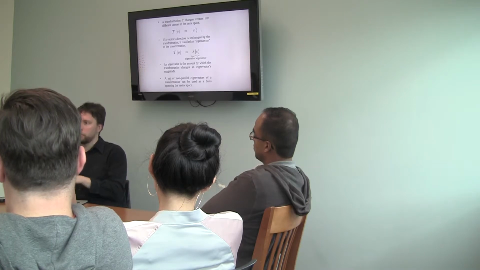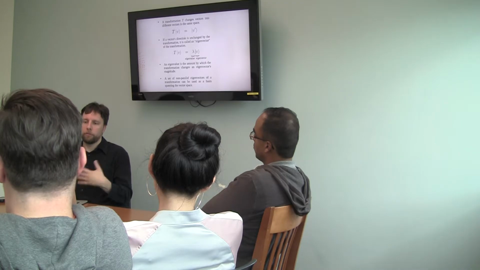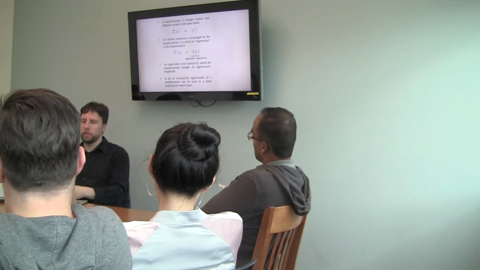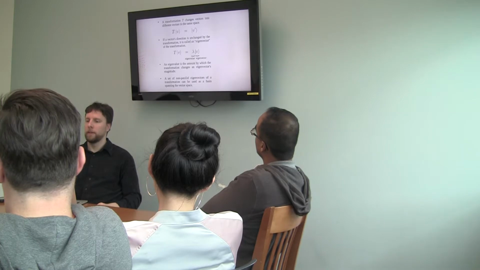And it can turn it back into the vector itself, it can turn it into some other vector. But the idea is, if you have a transformation that you want to work with, then the transformation can operate on any of the vectors in the space, and it's like a black box, it just spits out what the new vector is.